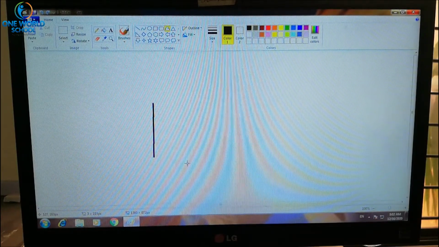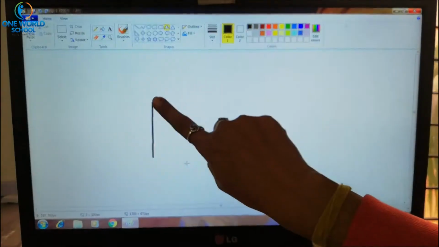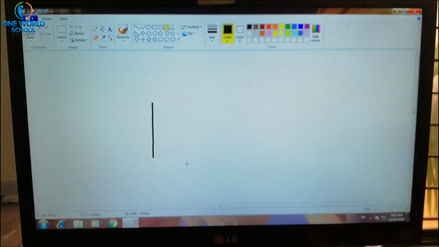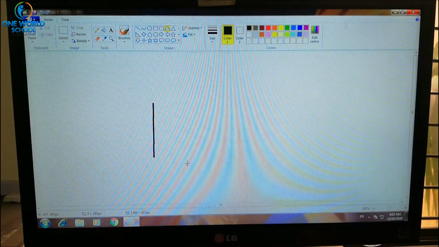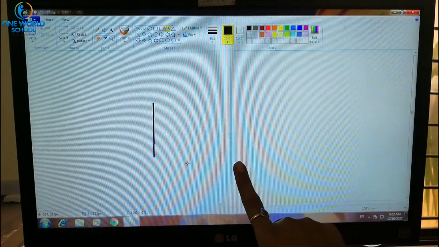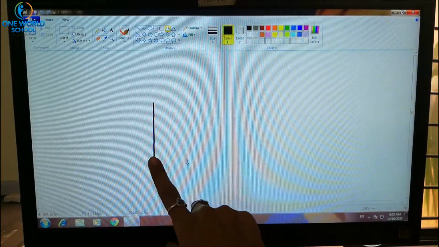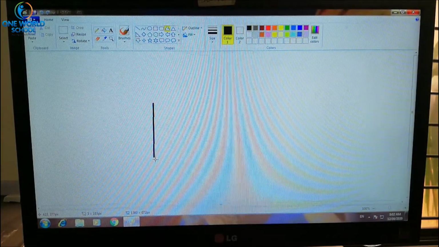Now look here, there were 2 points, first point and second point. In the standing line, you can see there were 2 end points. Now, if you want to make a line here, a slipping line, from this point to make a slipping line, then you don't have to drag.